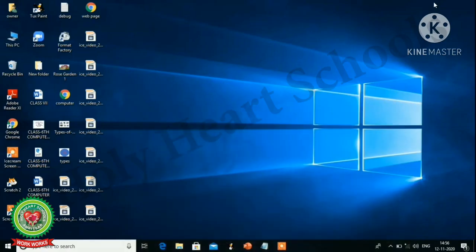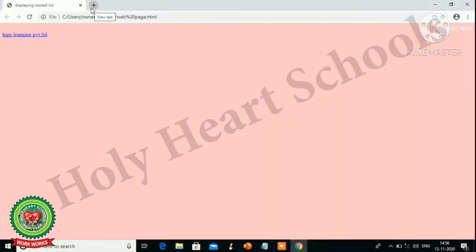Double click on your web page. Now you can see this is your hypertext. When you click on this link, the default email program will open and display the specified email address in the To field you have mentioned.